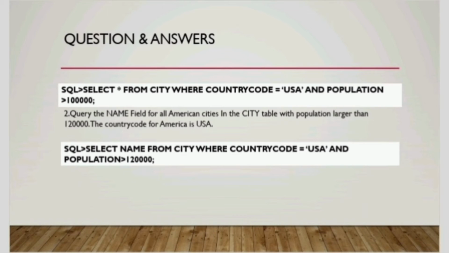The second question is, query the name field for all American cities in the city table with population larger than 1,20,000. The country code for America is USA. So here the answer comes like this. Select name. We want the name field only from the city table, not all the fields. If it is all the fields, you give star. If it is only the name field, you take only that particular field name. So select name from city where country code equal to 'USA' and population greater than 1,20,000;